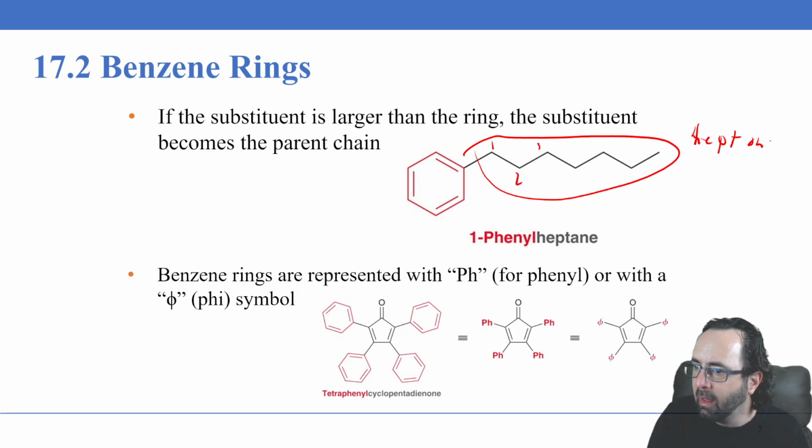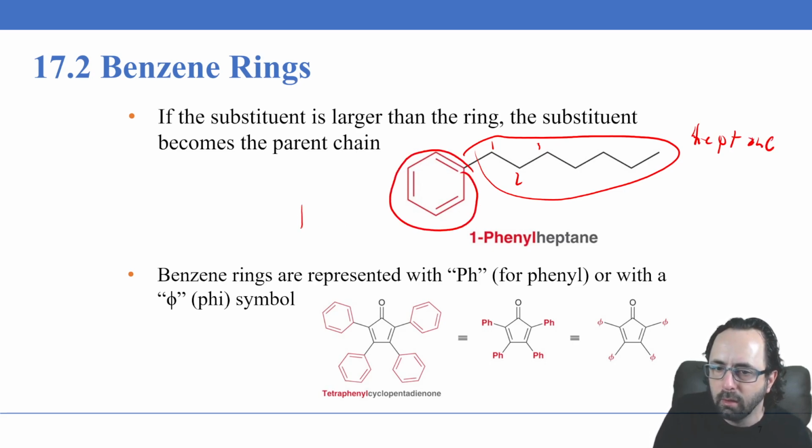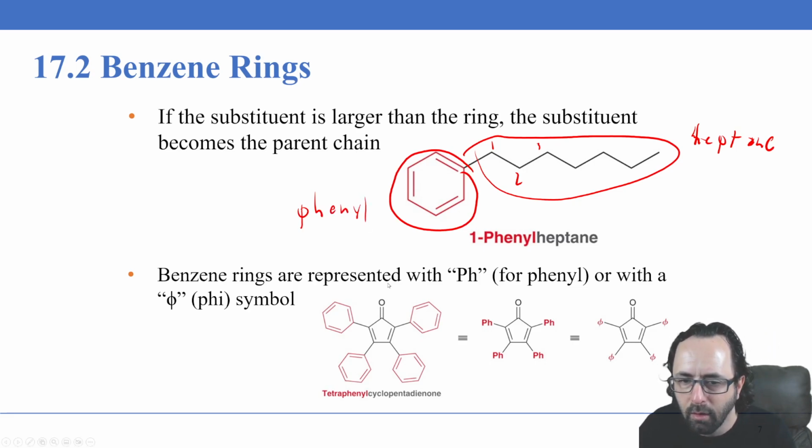Heptane. And this part right here being the phenyl substituent. And so oftentimes, if we want to further condense the structure and make it easier to write, we will replace the phenyl groups with a Ph, or this phi symbol here, which is representing benzene rings. So here we have tetraphenyl, 4 benzene rings,